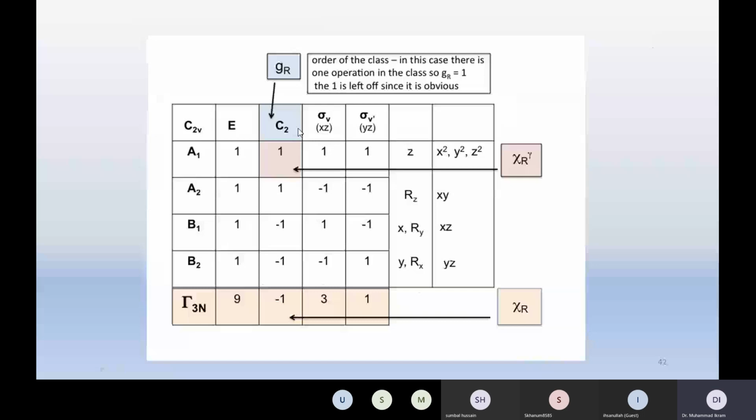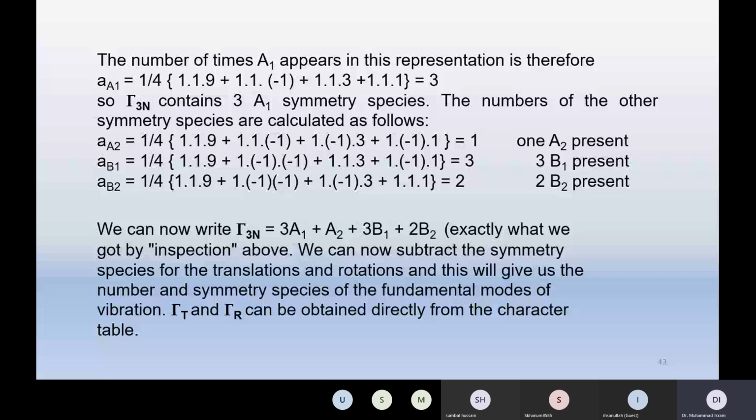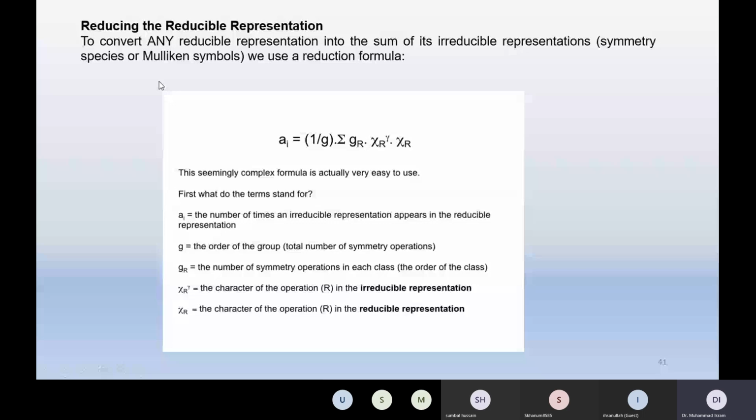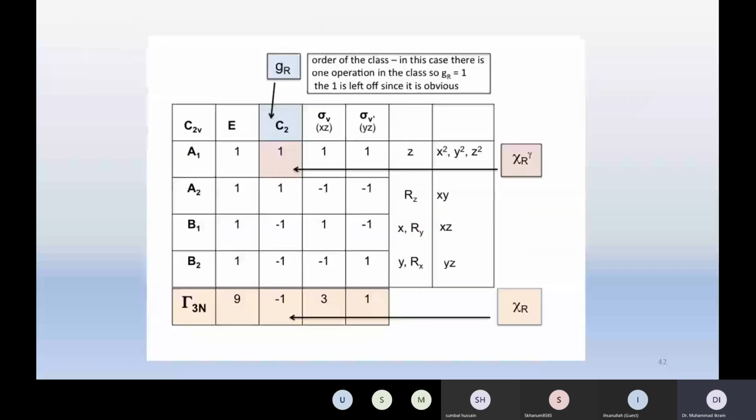So if we solve this character table through this formula, the number of times A1 appears in this representation is, therefore, A1 = 1/4. 1/4 इसलिए क्योंकि 1/g है। g जो है, ये आपके पास ऑर्डर ऑफ द ग्रुप है। Order of this character table is 4, इसके लिए हमारे पास 4 है। सो 1/4 1 into 1 into 9, so 1